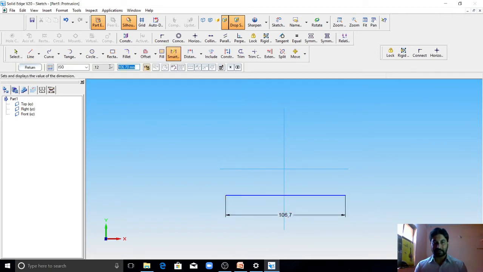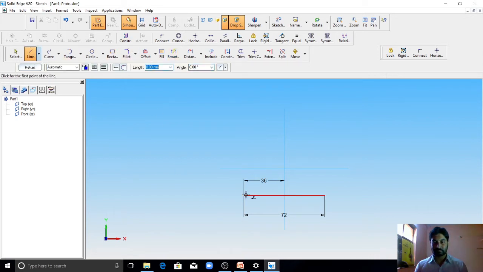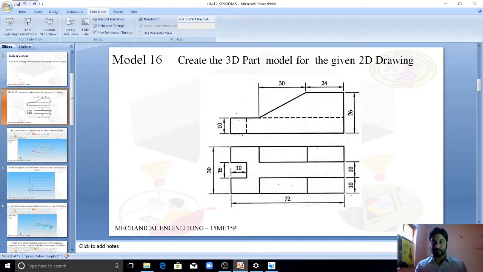So this dimension is 72. Bring this line to the center with respect to these reference planes. This dimension is 30 here.